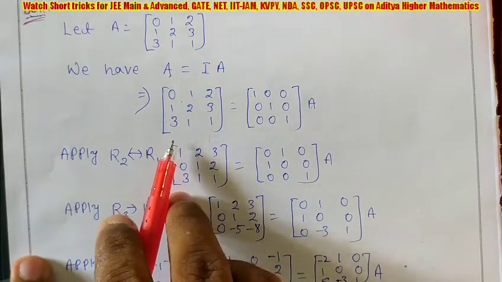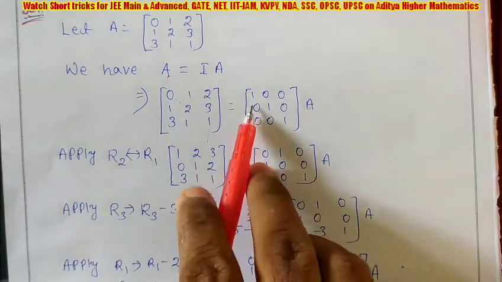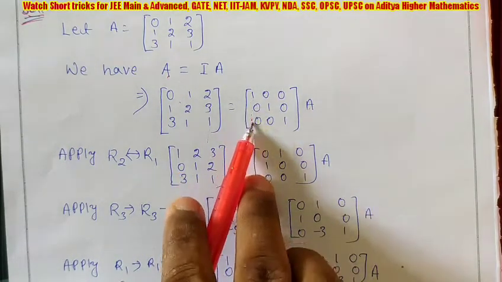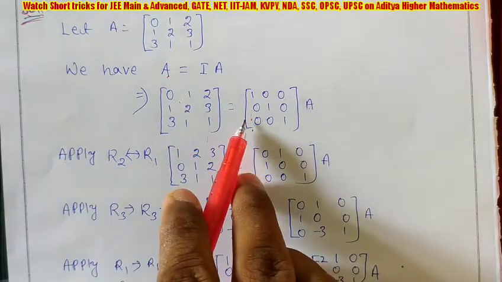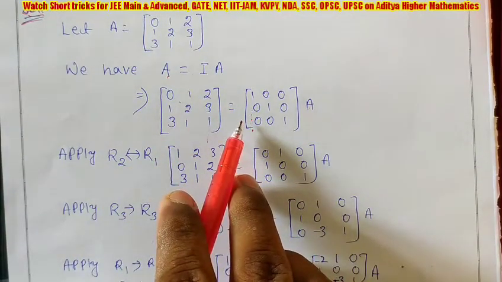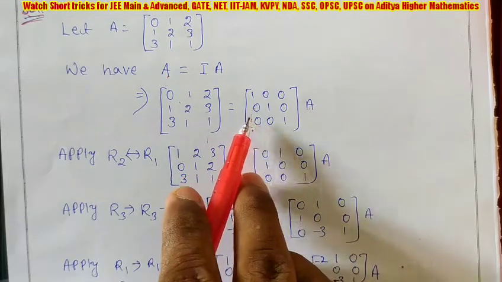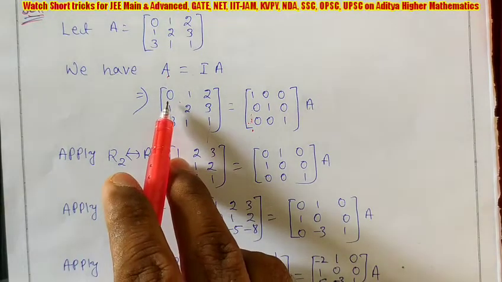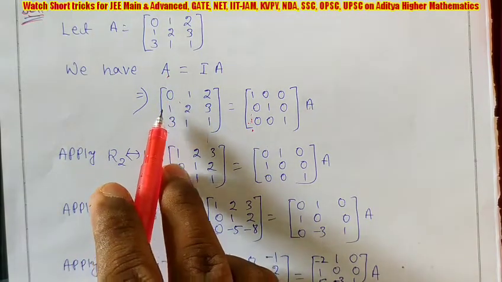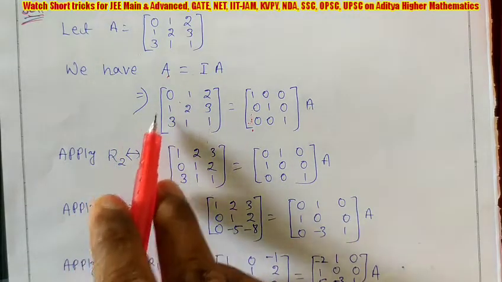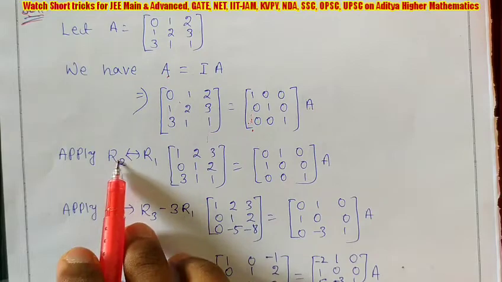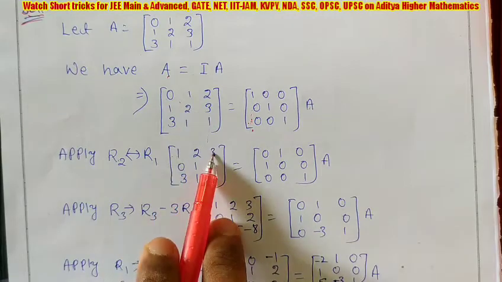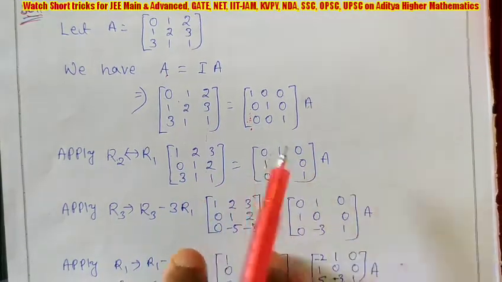Then how do we convert this matrix into the identity matrix? You can see the first column contains 0 in R2 and R3. We start from the first column and look at which rows contain 0. R2 and R3, so we will make R2 and R3 zero in the left side matrix. Here R1 contains 0. If we interchange R1 and R2, then R2 will get a non-zero. So first I am interchanging R2 and R1. That means whatever is in row 1 you write in row 2, and whatever is in row 2 you write in row 1. Do the same on the right side matrix. Understood?